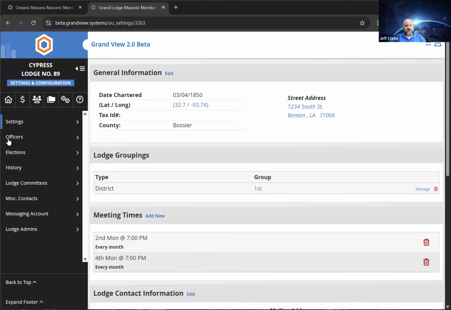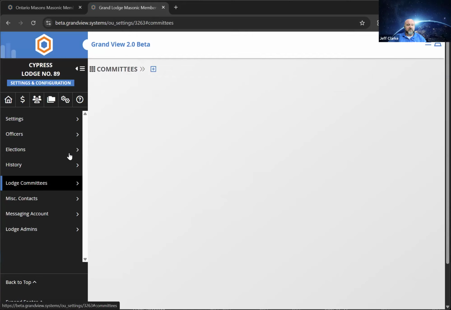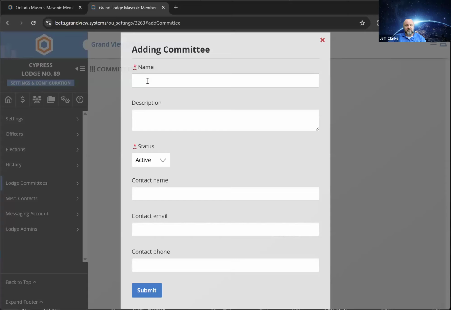Moving down the list here, underneath, I went back to the settings section of your lodge. You have history. This is where things such as lodge chartered, charter surrendered, things like that. The Grand Lodge will populate these if they have that information. Lodge committees allows you to create different committees within your lodge. So you can create